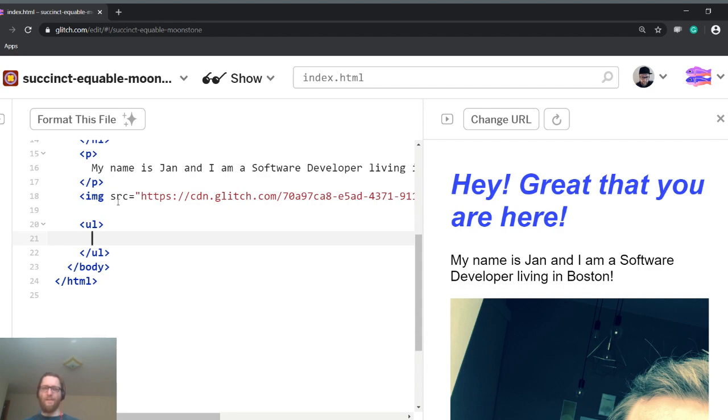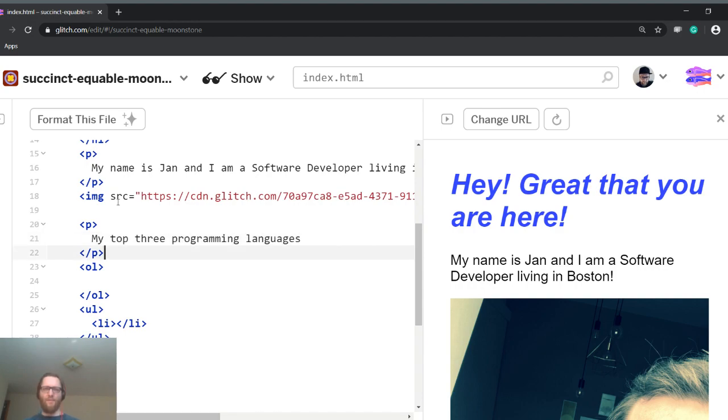So let's see. The last thing I'm going to do here is create this list. No matter if it's an unordered list or the other one, it would look like this, OL. Let's do it like this. Another paragraph: my top 3 programming languages, and list item